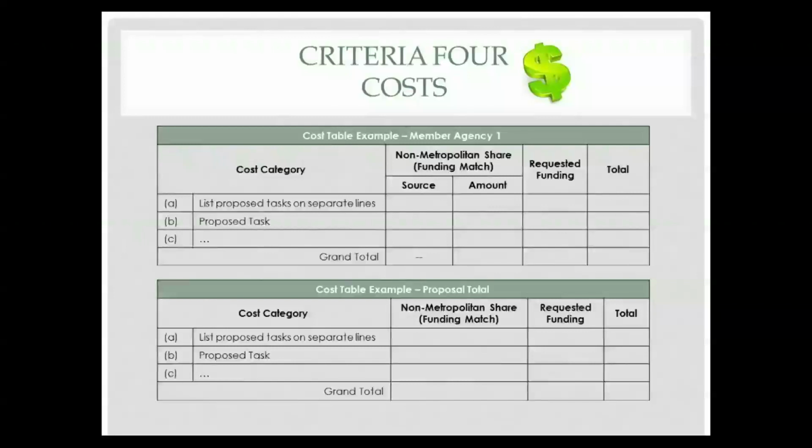Here's the question from Destin. Member agencies may submit proposal funding requests of up to $500,000 per agency, or up to $500,000 for a single proponent. Yes. The way this works is a member agency can submit one proposal for $500,000, or submit several proposals, including partnering proposals, that total $1 million. In other words, no project can be more than $500,000, and no member agency can have more